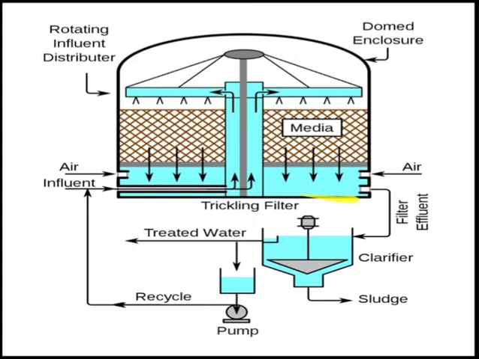From here the effluent is filtered and it can be transferred to the clarifier. Again in the clarifier sludge is removed, and the water which is at the top can be extracted, and then this water is purified, then chlorination can be done, and then we can use this water after recycling. So this is the trickling filter method. These are the trickling filters. The whole assembly is called a trickling filter.